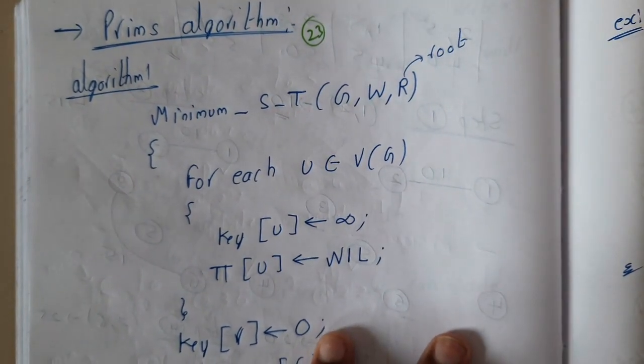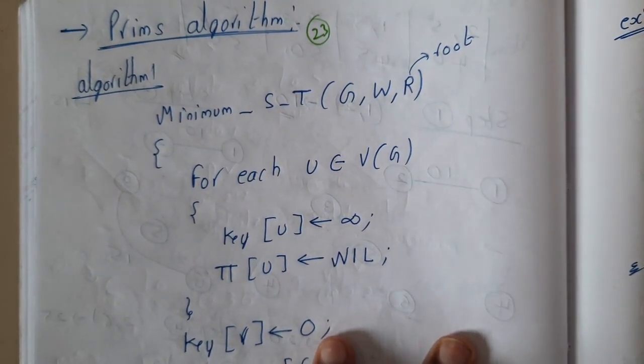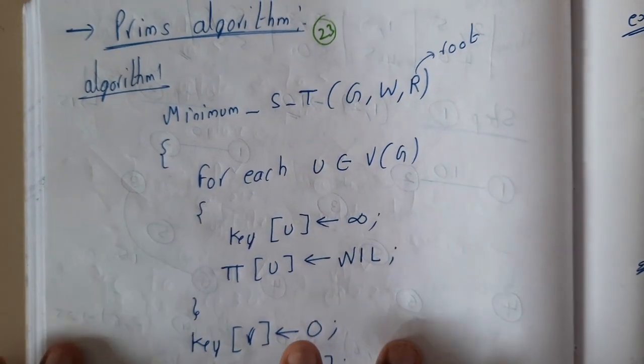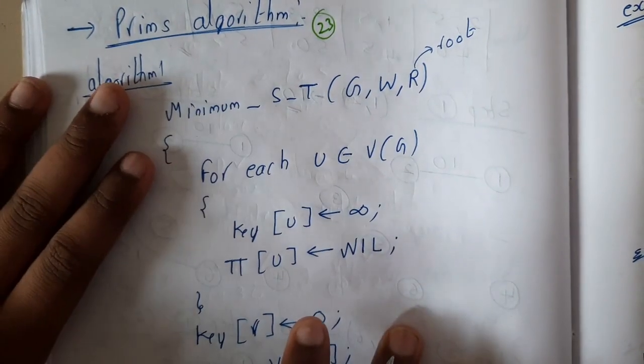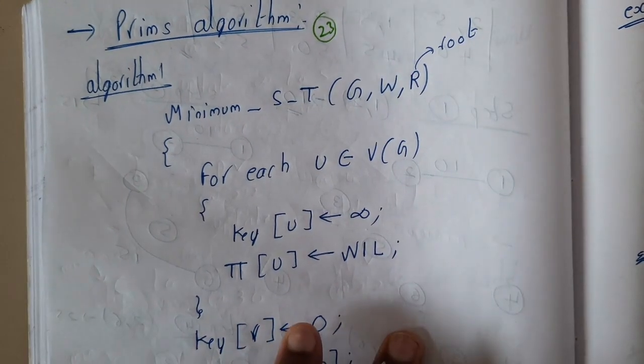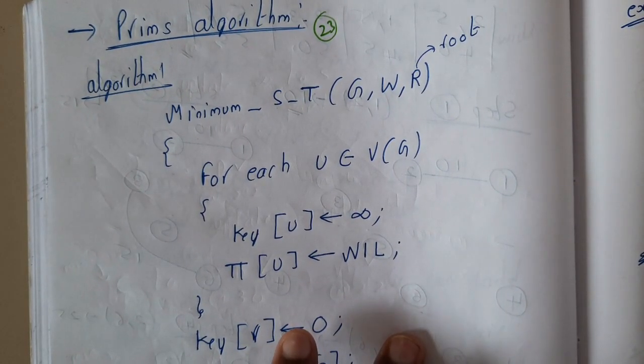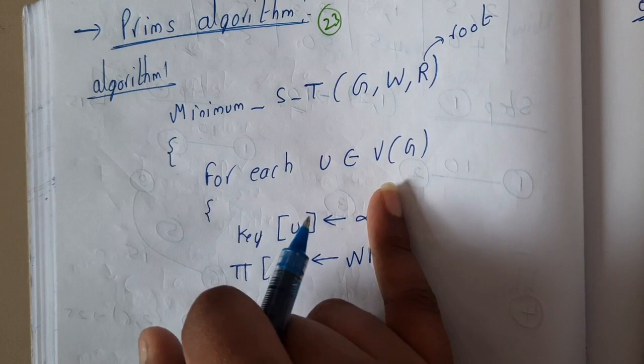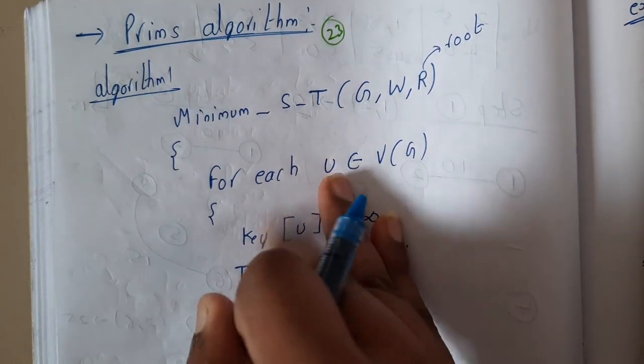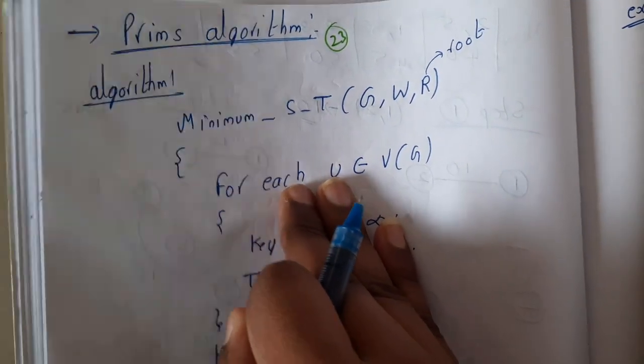In this lecture, let us continue with Prim's algorithm. In our last lecture, we have seen Kruskal's algorithm. Basically, this Prim's algorithm is also used for finding the minimum cost spanning trees, guys. Initially I'll be taking an example and solving it. After that, we'll go through the algorithm and then solve the problem again using the algorithm.